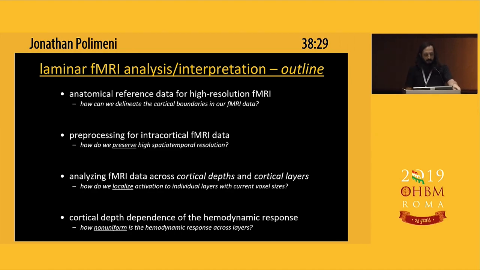There I'll ask how non-uniform is the hemodynamic response across layers. So first, I think I need to say a few words about the anatomical reference data, because again, in laminar fMRI, we can't resolve or detect individual layers. We need to estimate the layers from the cortical boundaries, and therefore it's really important to get accurate segmentations of